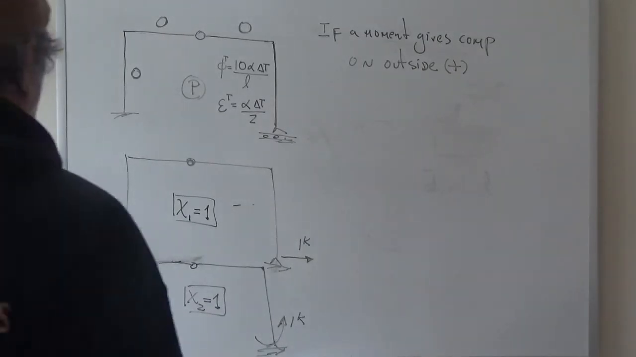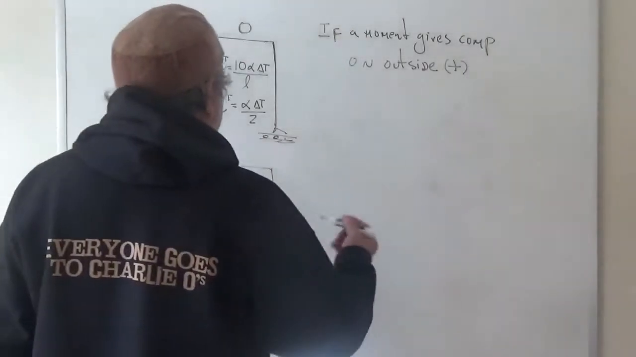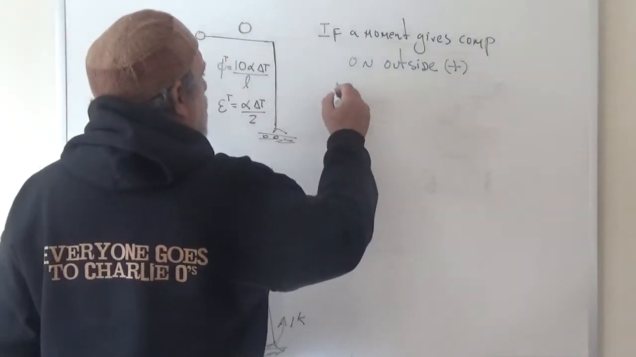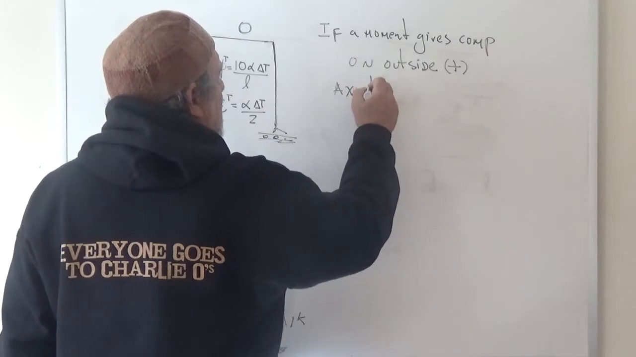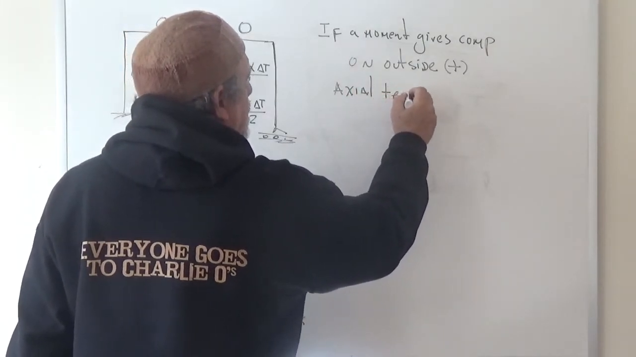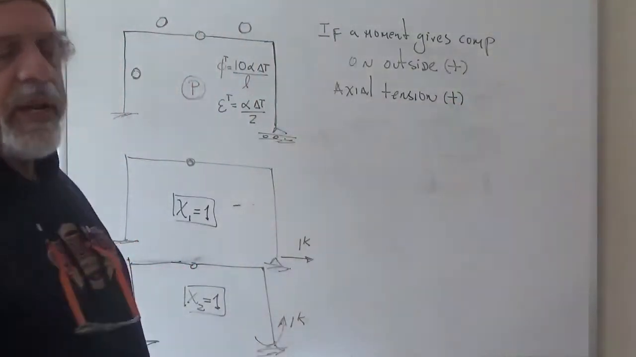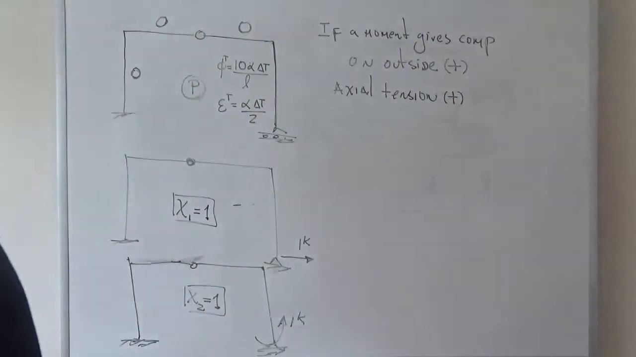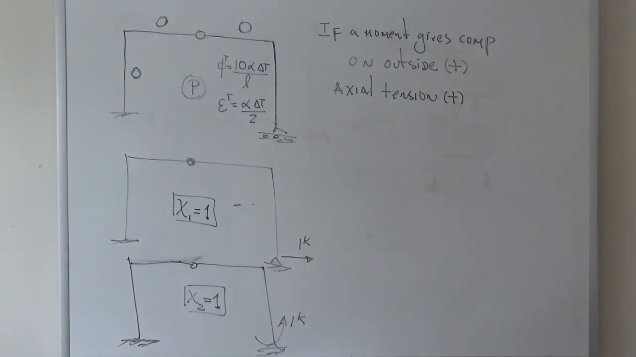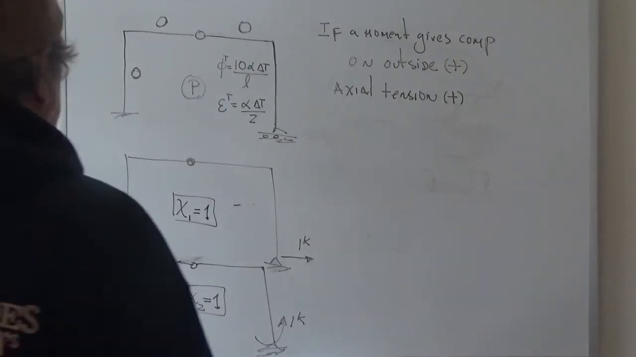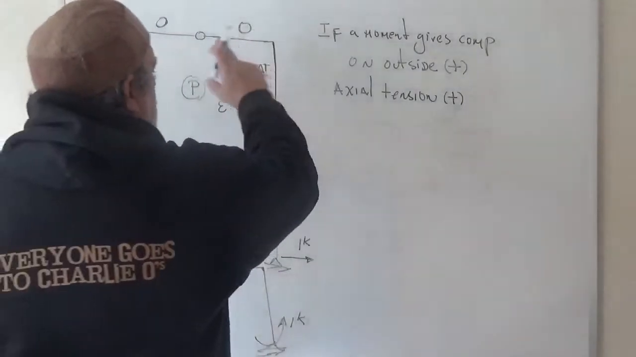If I'm going to also look at axial, I will consider axial tension positive. That way I know that now I don't have to take a look at previous drawings. Axial tension is positive. Moments that give compression on the outside are positive. Now we have to see, because even though we do not have moments in the PKs or axial forces, we